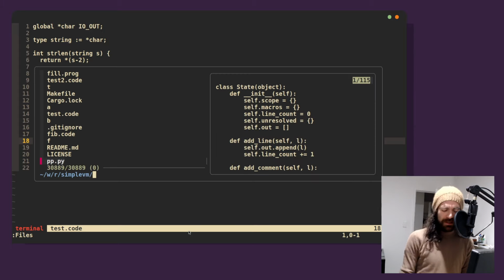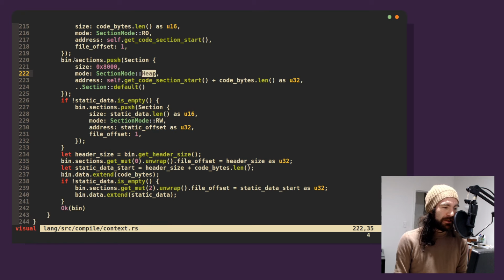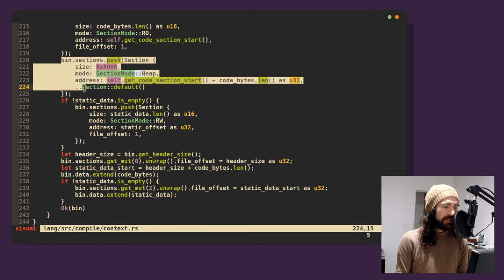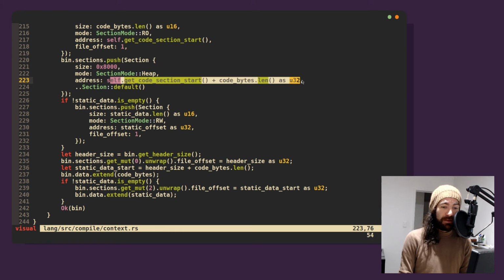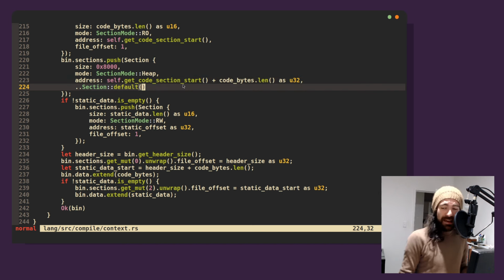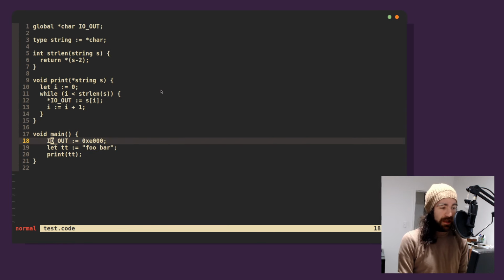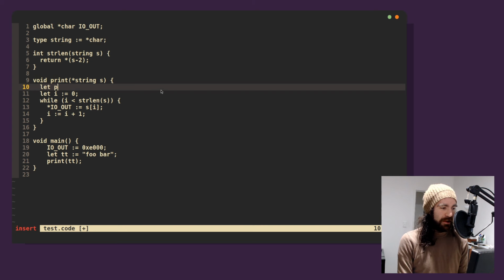I added a cool thing last stream that I should probably call out, and that is a header called a heap header, or a section called a heap section. This tells the virtual machine where we expect the heap to live and how big we expect it to be. I think this is a really important thing. This means that we no longer have to guess about where we can use memory. It can actually be baked in directly to the virtual machine. Now, there's still a problem in that this is a code assumption, and in this binary, if I want to get some memory, I have to say, let pointer equal hex 1000 or something.